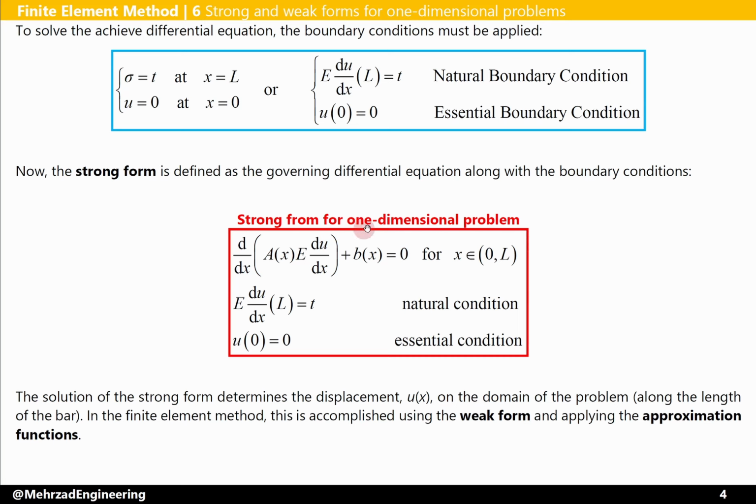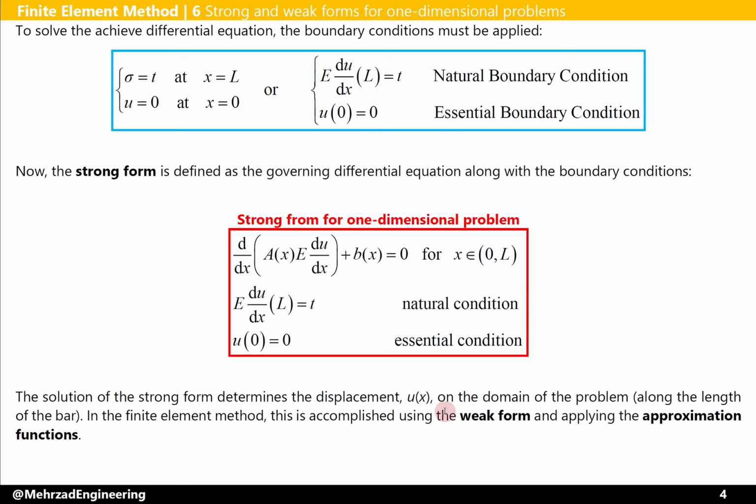A strong form for this one-dimensional problem can be written as d/dx of (a e du/dx) plus b is equal to 0 for x a member of the open interval 0 to L. The boundary conditions are e times du/dx at L is equal to t, a natural boundary condition, and the other boundary condition is u at the beginning of the bar is equal to 0, which is an essential boundary condition. The solution of the strong form determines the displacement u(x) on the domain of the problem